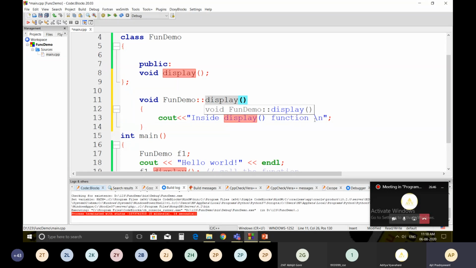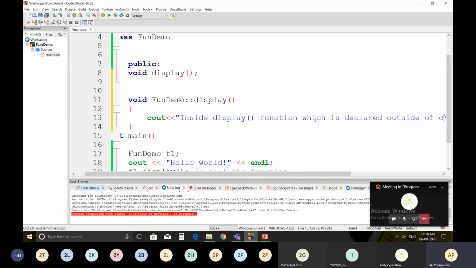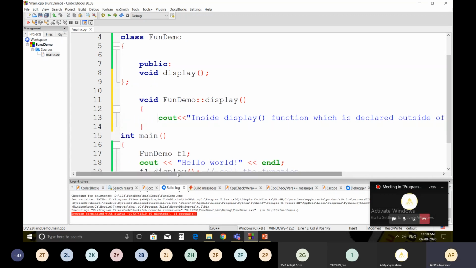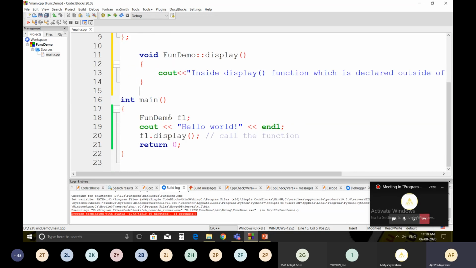Inside the display function, one statement which is declared outside. So here it is in the main. Rest of the things are same, but you can write the display function outside the class.